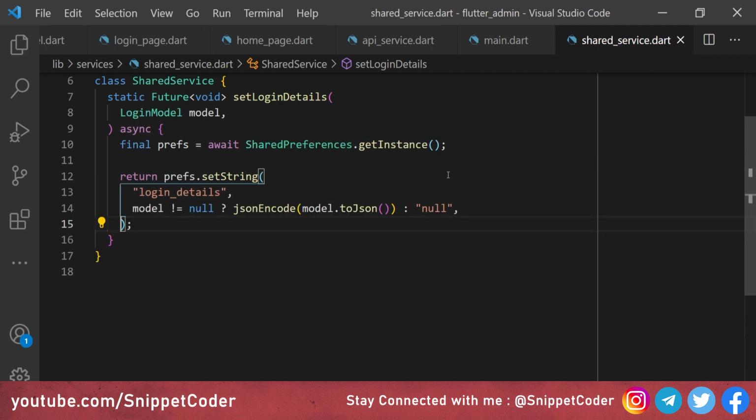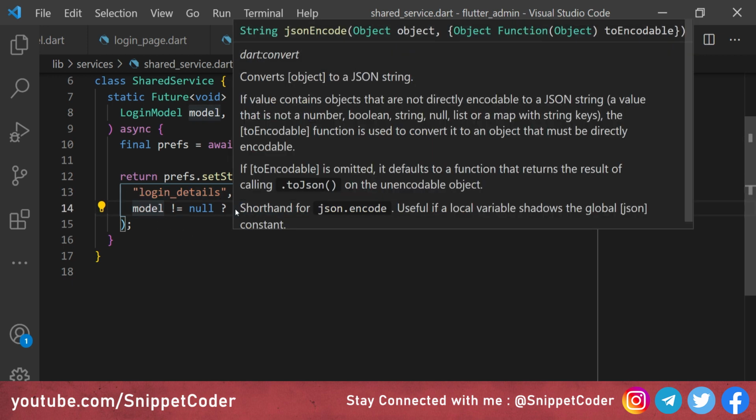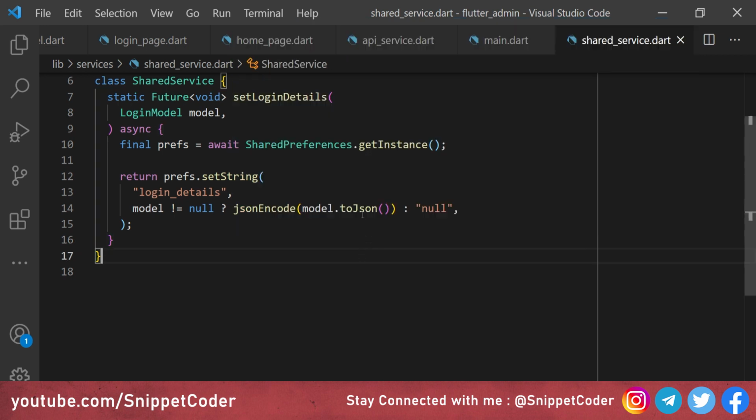So what we are doing here, we have created one function, setLoginDetails, and we are passing the model, and there we are creating the object for the SharedPreferences getInstance. Then we are returning and setting setString, and here we are just putting the login details, and in the login details we are checking if the model is not null. Then we are doing jsonEncode, and here we are doing model.toJson. In the else condition, we are passing null.